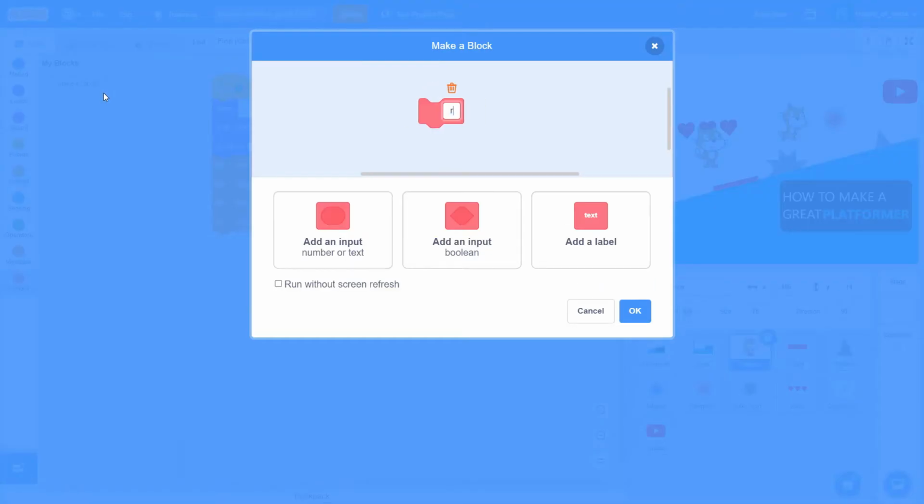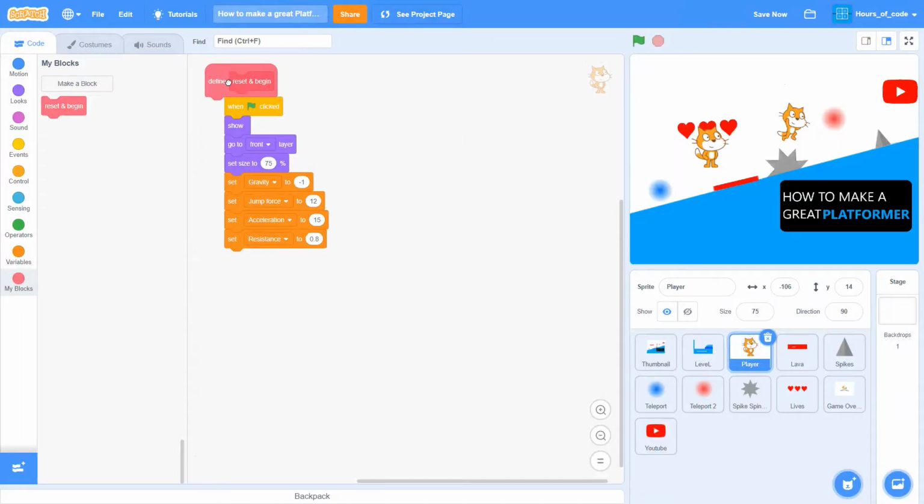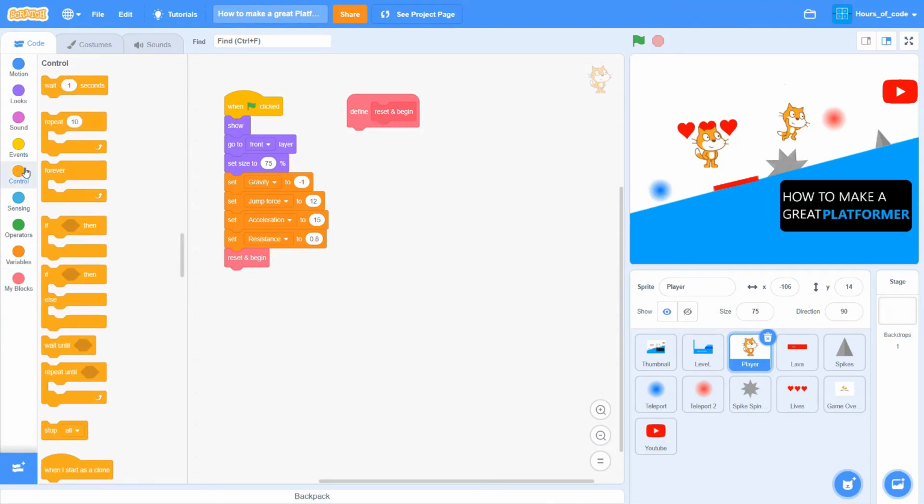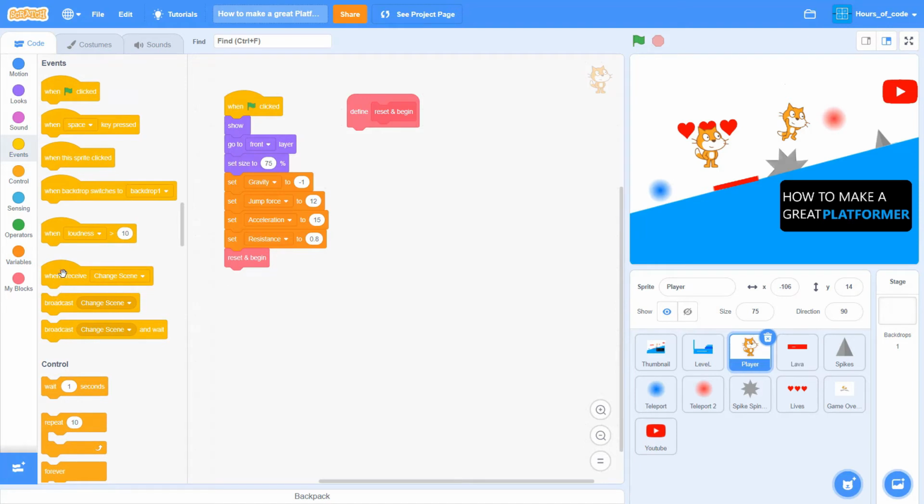We'll make a block. It will be called reset and begin. We'll drag this code here. There we go. So for the reset and begin,